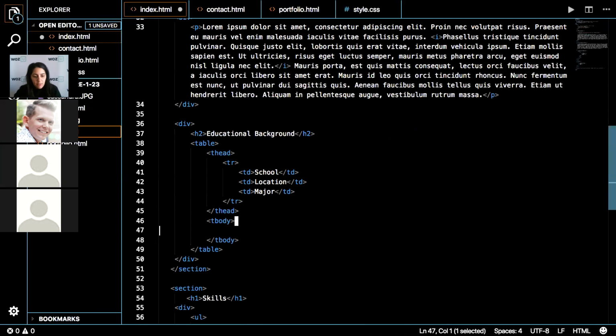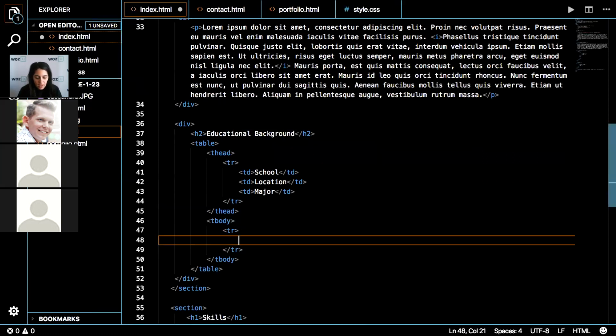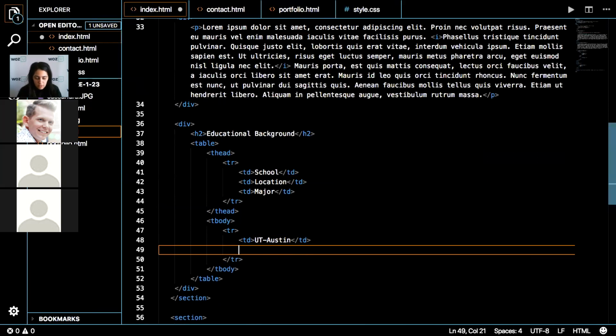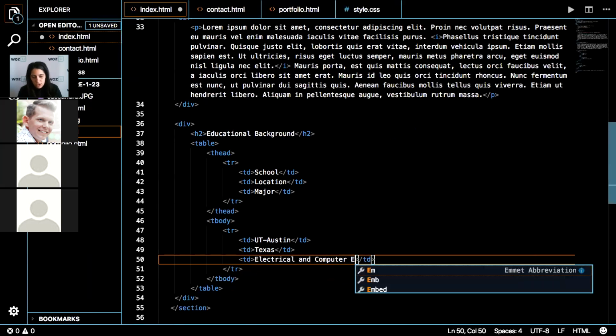And now inside of my body, I'm going to put some data in there. So I'm going to make a new row, and in that row, I'm going to fill out the columns. So school, we can do UT Austin. And location, Texas. And major, engineering.